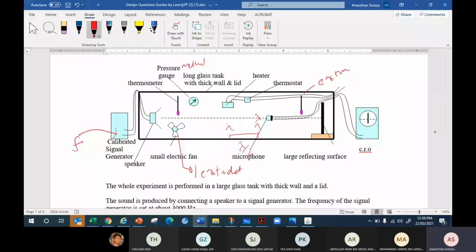Okay, so this is one labelled diagram. And the heater was connected to the thermostat. A thermostat is a device that fixes the temperature of the heater. If you want the heater to be 50 degrees Celsius, the thermostat will fix the temperature at 50 degrees Celsius. So for any heater where you want to control the temperature, fix it with a thermostat. Okay, so this is how you draw the first diagram. Any questions? It's one example.